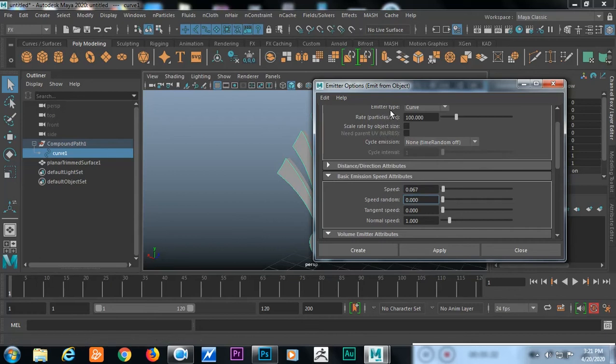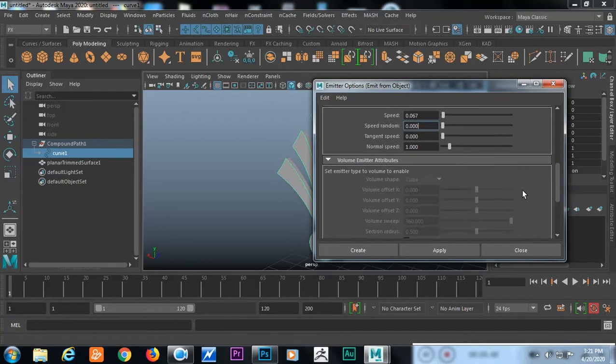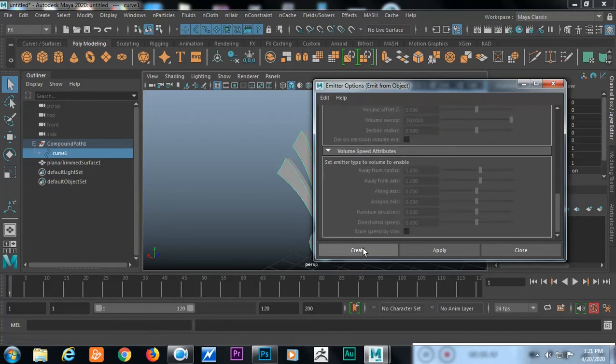For dense particles, just click on Scale Rate by Object Size. This option will make the particles dense. Speed, just reduce the speed so the particles won't spread, and I'm going to click on the Create option.